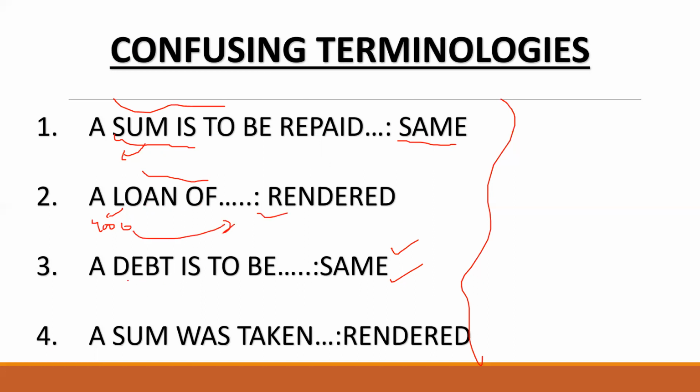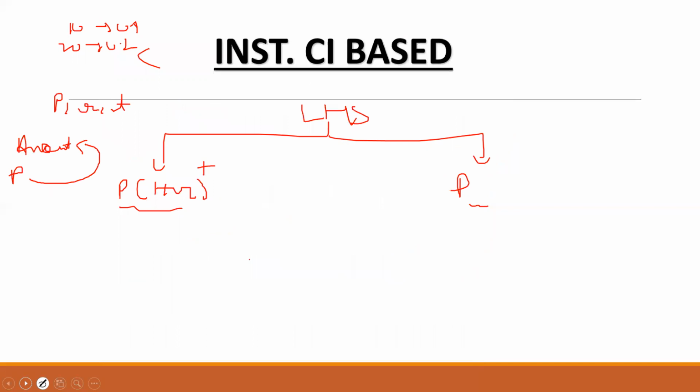सिमिलरली इसमें डेब्ट ऑफ, मतलब इतना हमारे ऊपर उधार है, डेब्ट बेसिकली उधार, मतलब इतना ही देना है हमें, सेम। और फिर अ सम मींस प्रिंसिपल। अब यहाँ पे भी डिफरेंस है। अ सम इज टू बी रीपेड, अ सम वाज टेकन। अ सम इज टू बी रीपेड, ये स्टेटमेंट से कैच है, इसलिए मैंने यहाँ पहले ही इसको एक स्लाइड में कैच कर सको। और सम वाज टेकन, इसी का कैच है बस। नाउ कमिंग बैक, ये एलएचएस पार्ट था।